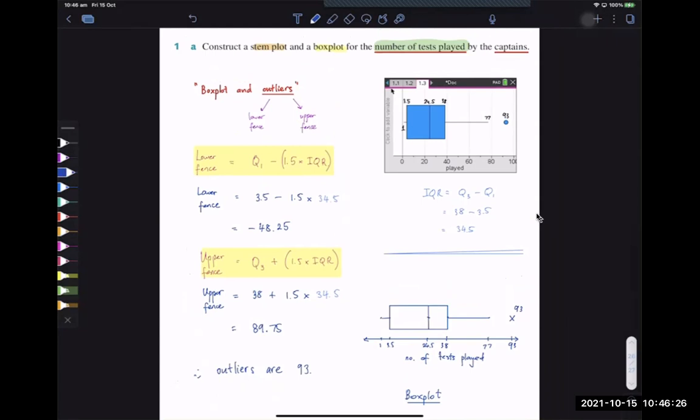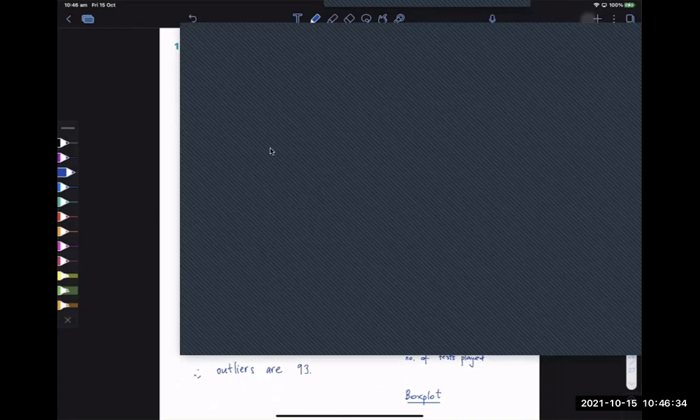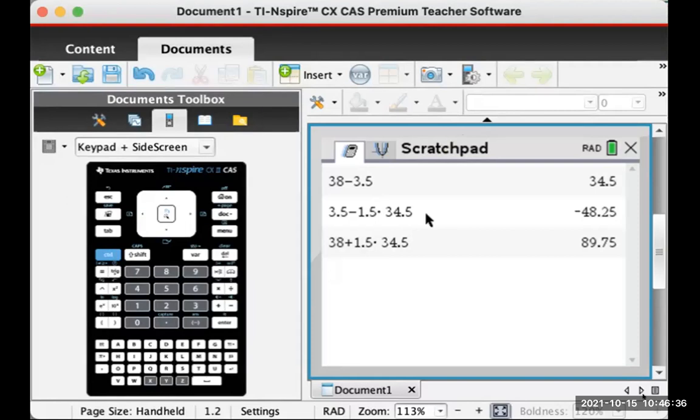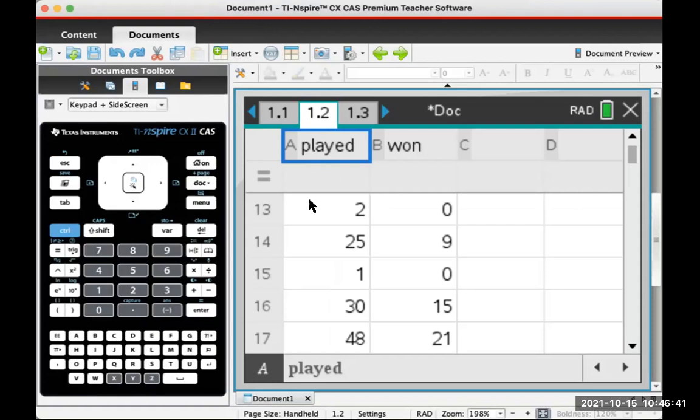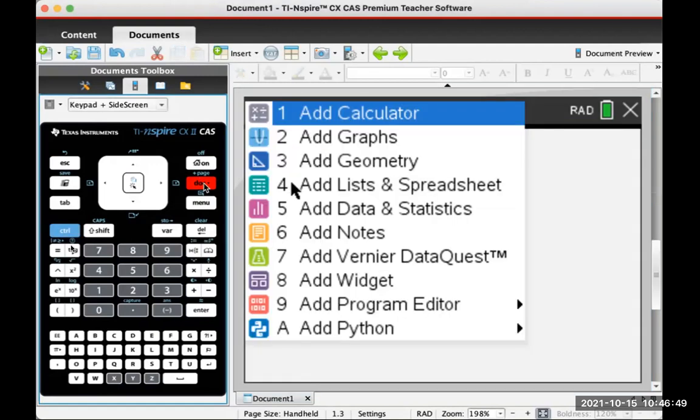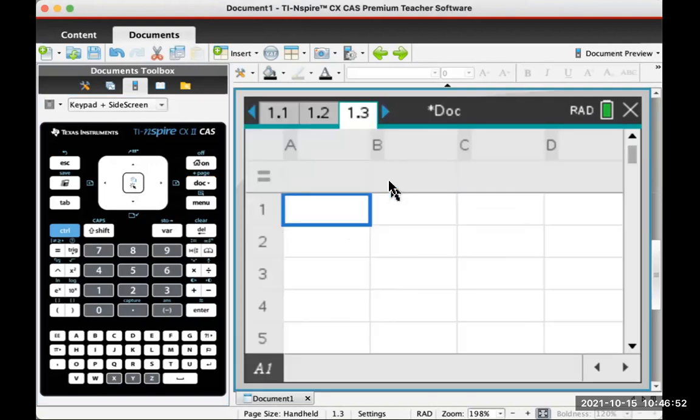Stem plot now. Teresa, you said before we had to sort it out, yeah? Let me go to the CAS. We're in a scratch pad at the moment. Trying to get out of it. Escape. Now, we don't want to mess around with the original data, okay? So what we're going to do is open another page, control page, and add another list in spreadsheets. Notice how it's blank now. We're going to pull the same data, but only one column. So if we go up to this A here,